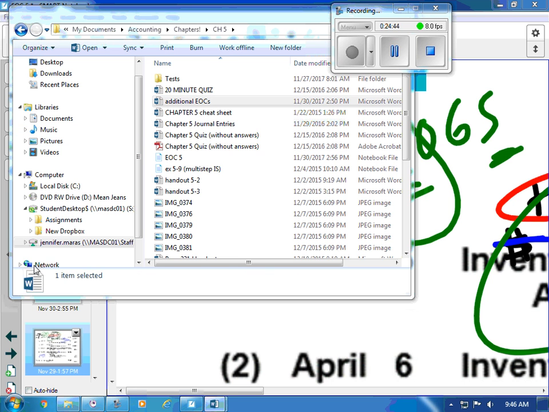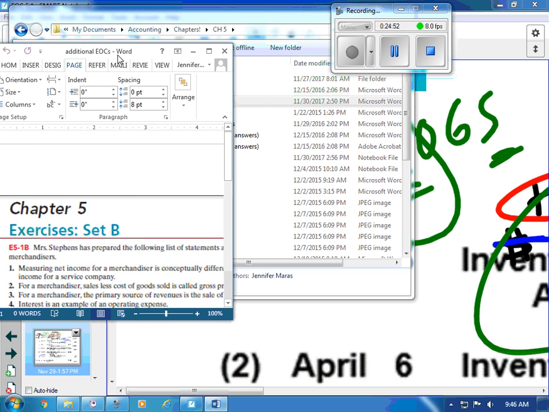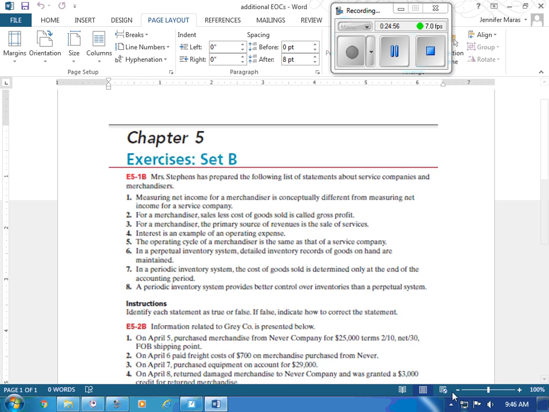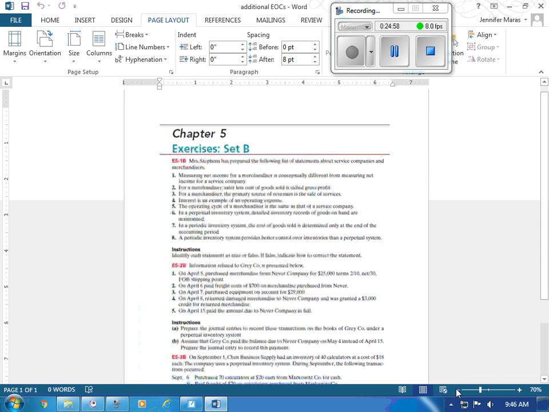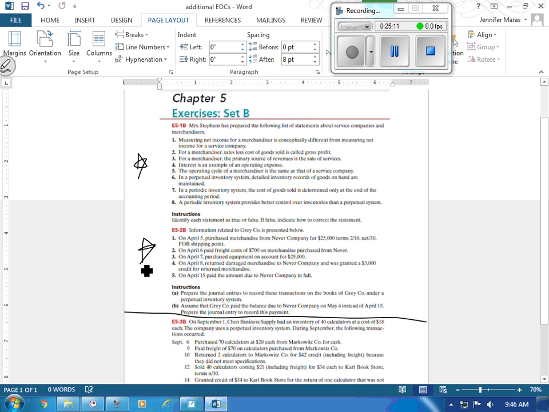So I've actually given you some extra work for next week as well. It's all on one page. We'll let it open up here. Here it is. So do these two today. Save this